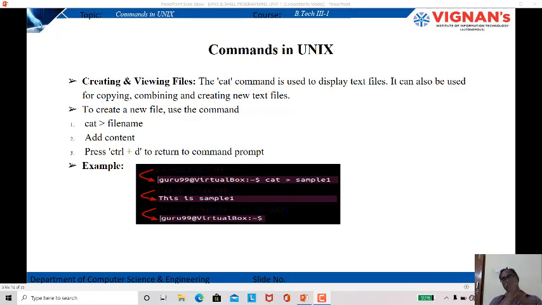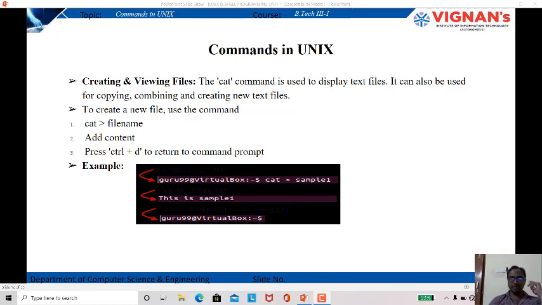Once again, I'm repeating: how can we create a new file using the cat command? First, the syntax will be like this: cat, use the greater than symbol, and type the file name. Press enter, and on the next line add some content, and then on the third line press Control plus D, Ctrl D at a time. What it does is return you to the command prompt.